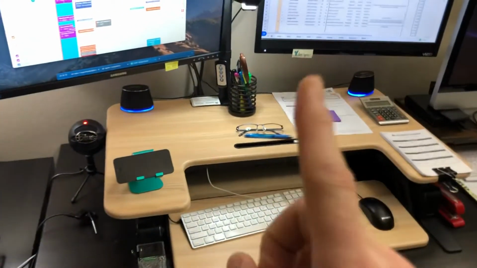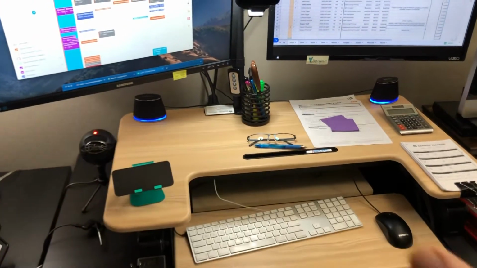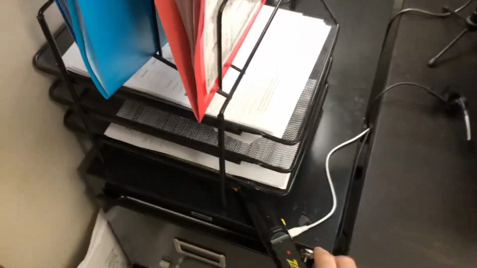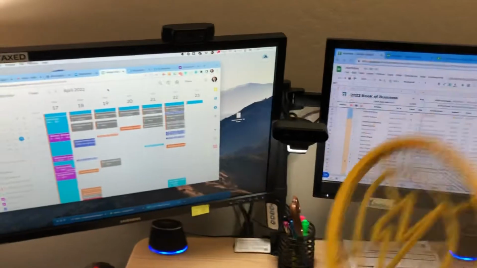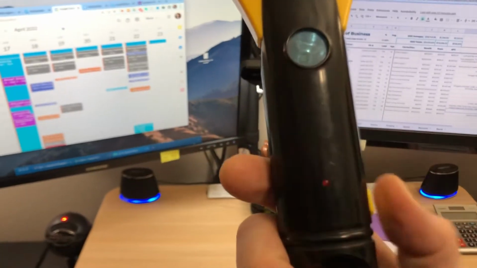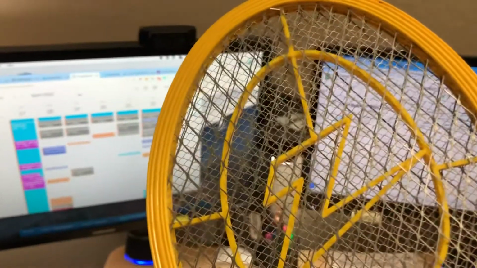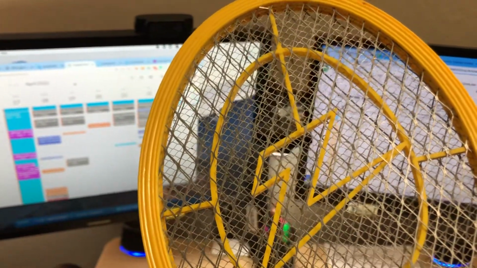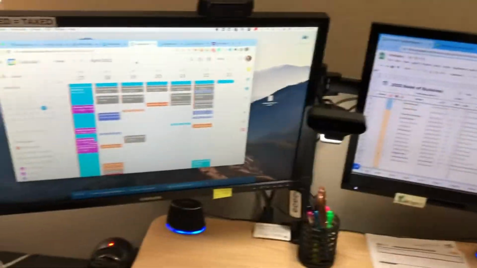the single most important tool in anybody's office, right here. The most annoying thing in the world is when a gnat gets in the way of your presentation. I can turn this bad boy on. You can see that. A bunch of volts through a gnat, they don't survive. Flies, mosquitoes, you name it. It's so satisfying. Anyways, I just keep that right there in case I need to take care of some business